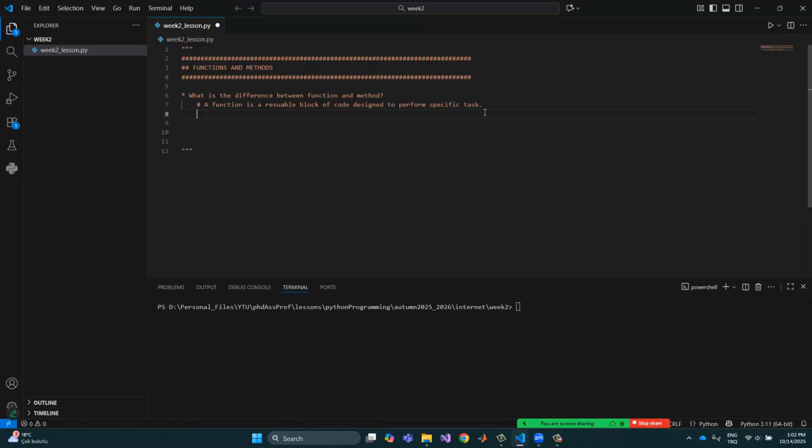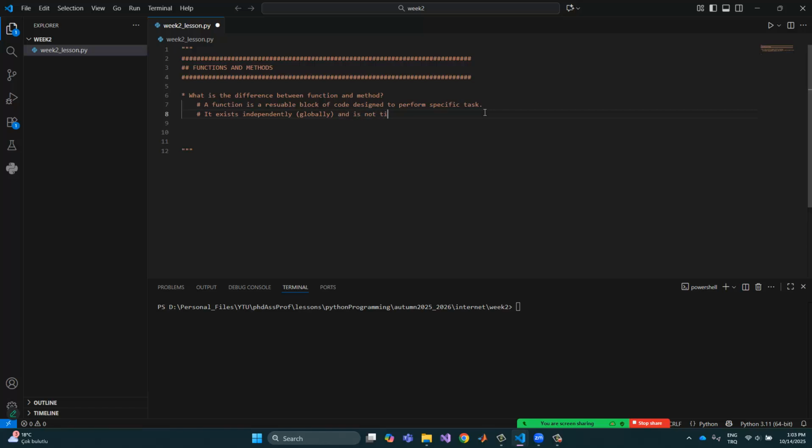The basic difference is that the class possesses the methods, not a function, but a function is included in the file, the .py file or an importing file, okay? And so this function exists independently or globally